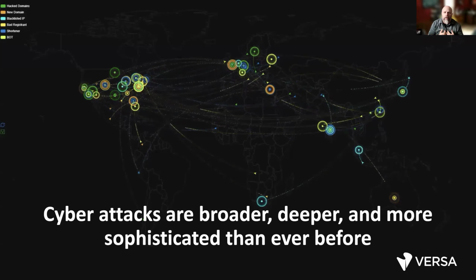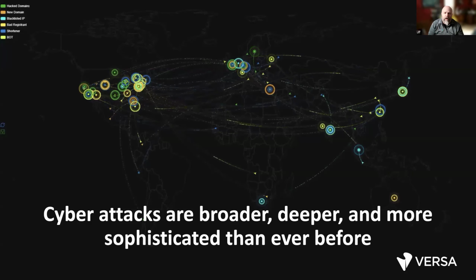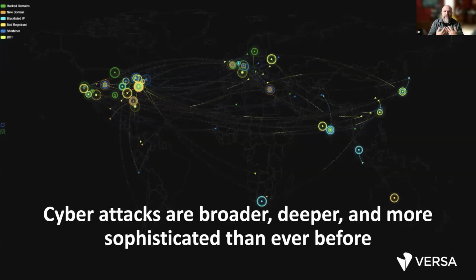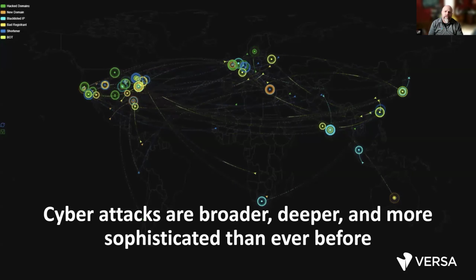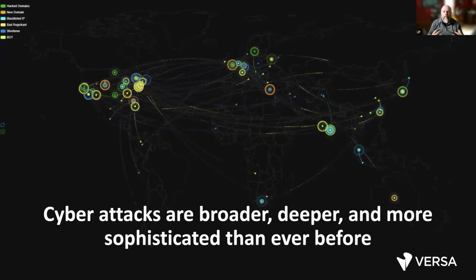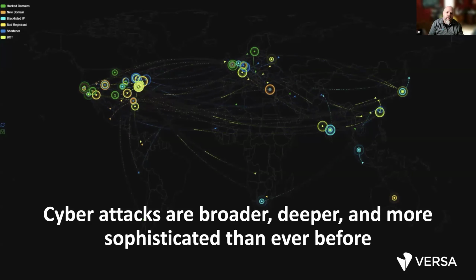Now I can go out to the dark web. I can buy some type of malware. I can buy a service that can deploy this over some type of proxy network. Short story is that as one person, I can now blast this out to hundreds and thousands of people, different corporations, organizations, and start wreaking havoc. So realistically, attacks have become broader. They're now deeper because we've been able to alter malware and alter hashes, and we can do things like polymorphism or masquerading. There are so many different things we can do around that malware and that cyber attack today that makes it more sophisticated than we've ever had.